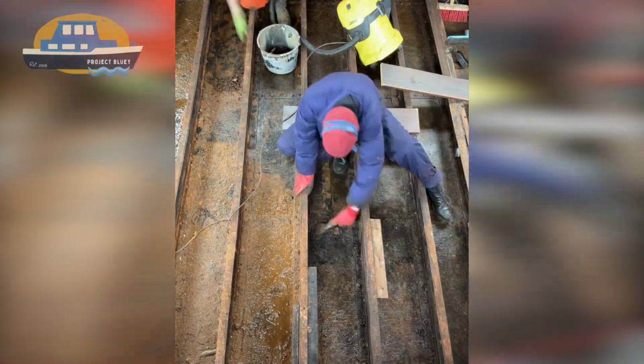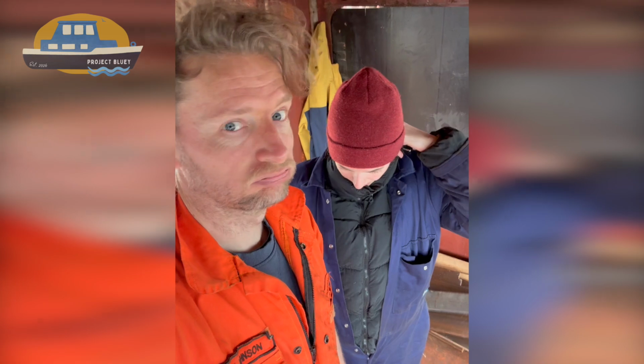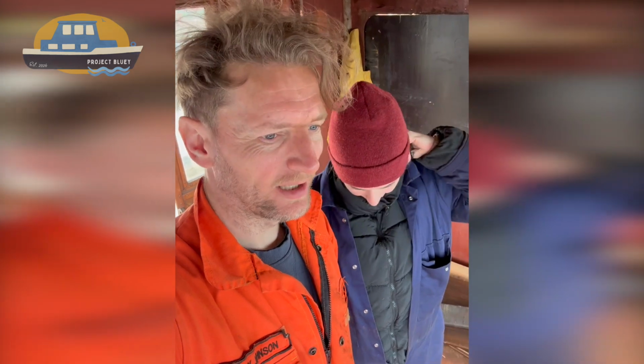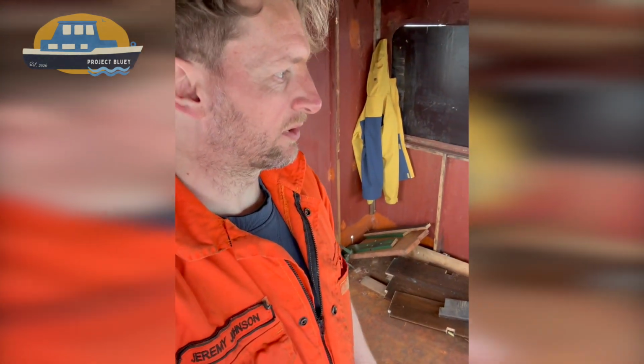We are both a bit broken after 60% of a day of scraping the floor. It's a very satisfying job. Yeah, it's a great job, but you have to look down, and so your neck just gets overworked, and then you just end up getting neck pain, back pain, headache. Yeah, I've got a headache. I am wondering whether also that maybe, because there's a bit of a smell downstairs, us revealing the sludge is also bringing up some gases that aren't very good for us. Maybe. Or wearing a gas mask. Yeah, we've both got P3 respirator masks, but they're not necessarily